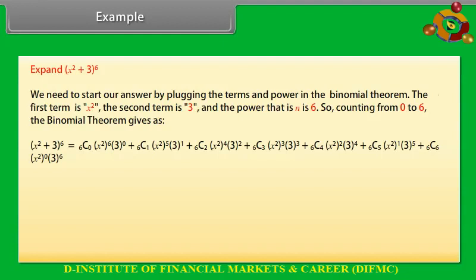raised to power 5 into 3 raised to power 1 plus 6C2 into (x^2)^4 into 3^2 plus 6C3 into (x^2)^3 into 3^3 plus 6C4 into (x^2)^2 into 3^4 plus 6C5 into (x^2)^1 into 3^5 plus 6C6 into (x^2)^0 into 3^6. After simplification, we get